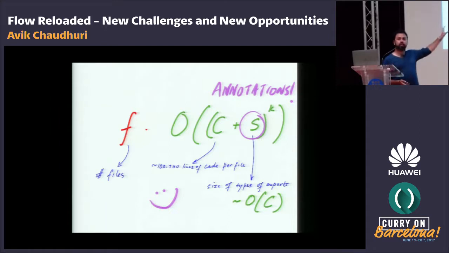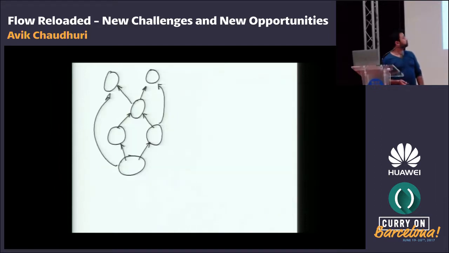So we have an analysis that is not f to the k, it grows linearly with the size of the number of files. And that worked well for us for a while. Today I'm going to describe why even that is not going to work for us in the future. So the way Flow does this analysis in more detail is that it has a dependency graph between all the